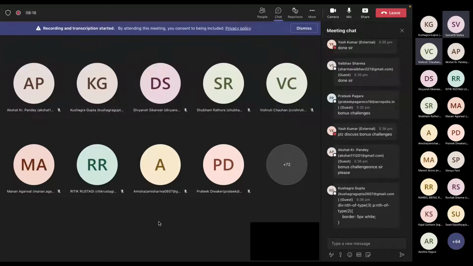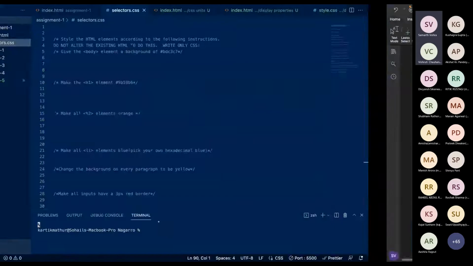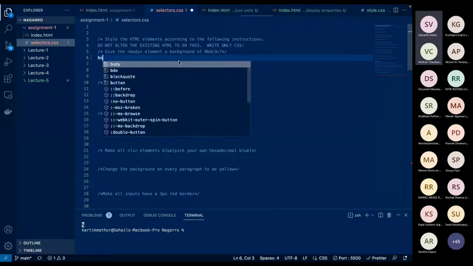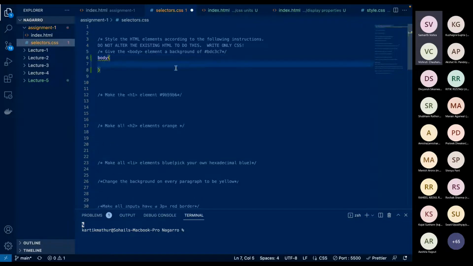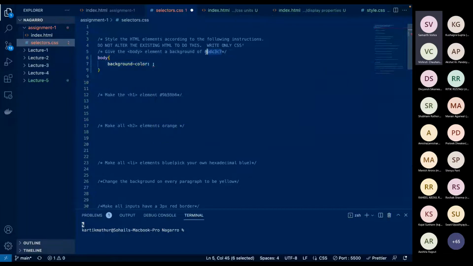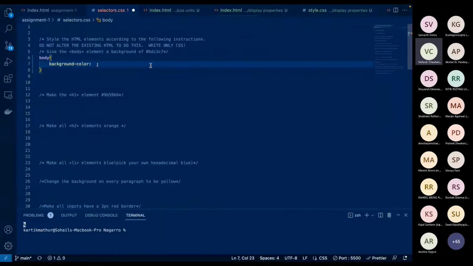Sure. Let's do one thing. We'll discuss each and every code, very quickly, we'll try to do it fast. So let's again focus on this assignment. The question is: give the body element a background of something. So simple. Select the body and give it a background color. The background color is the same as that which is mentioned above. Background color, and that's it. Simply, if we do this and